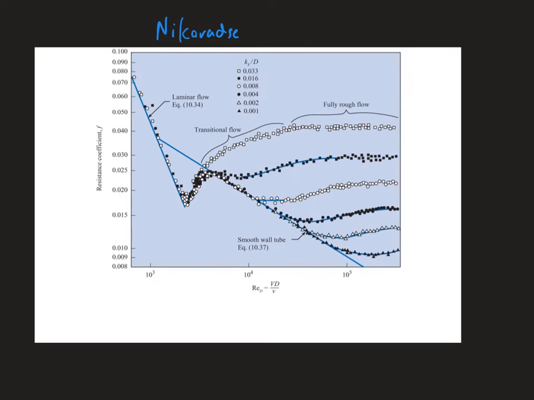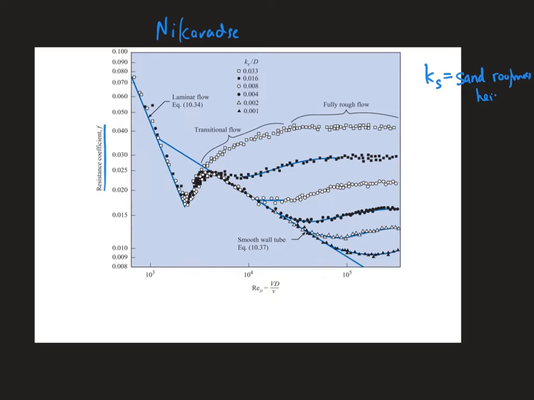Anyway, he went out and was trying to measure this friction factor, as he calls it, or as it's called in your book, the resistance coefficient. This is your book's diagram, by the way, so you can find an exact copy in your textbook. What he did is he got a whole bunch of pipes of different diameter and different roughness. And so he says, okay, I'm going to work with this thing KS, which has a name like the quote-unquote sand roughness